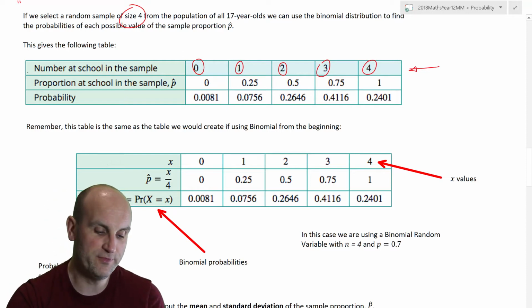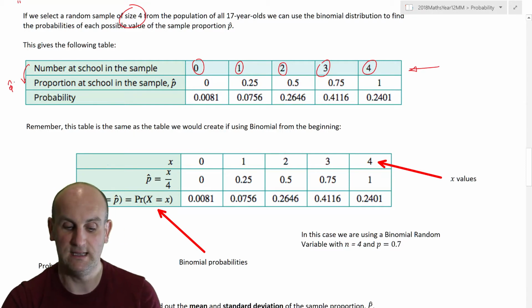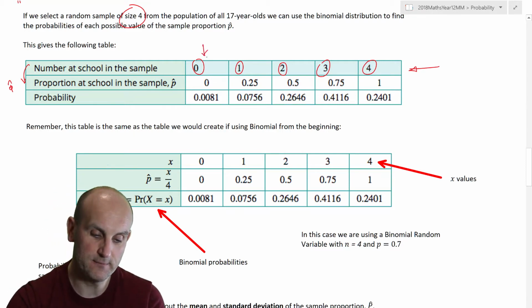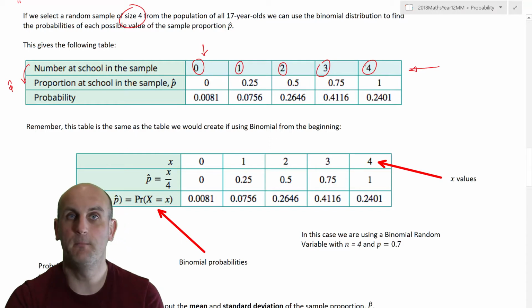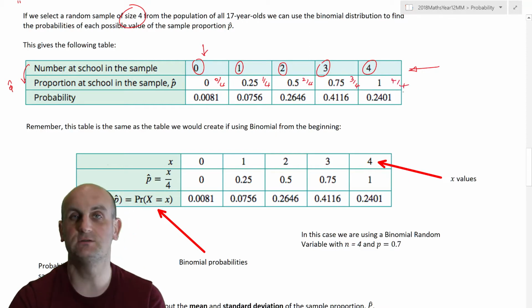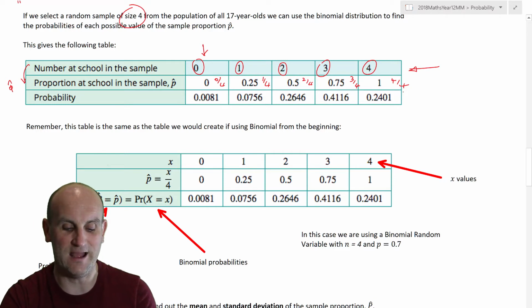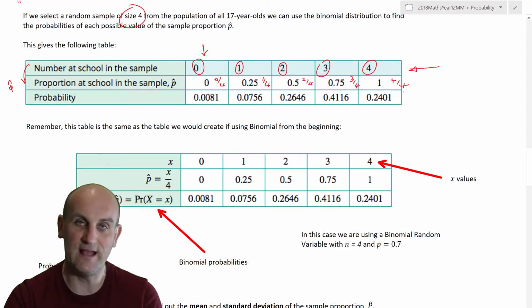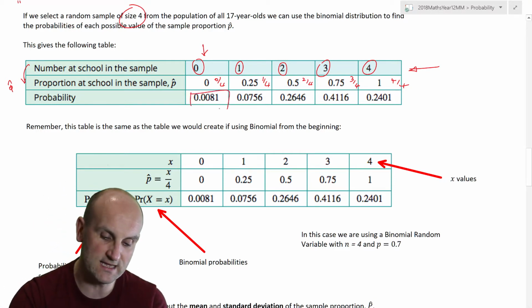To go from this top row to my p-hat is really easy. It is the value here divided by my sample size. So that would be 0 on 4, 1 on 4, 2 on 4, 3 on 4, and 4 on 4, which is where they get their decimal values from. So now the question is, where do we get these probabilities from? Where does this